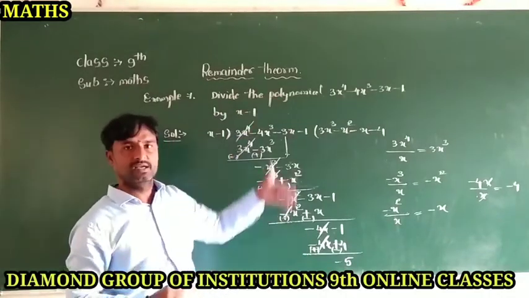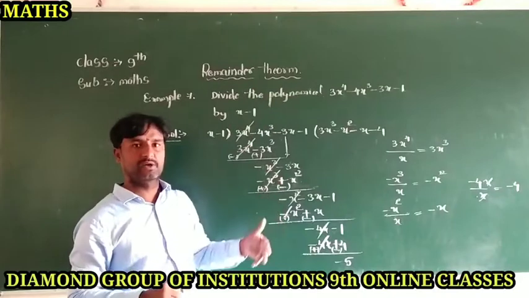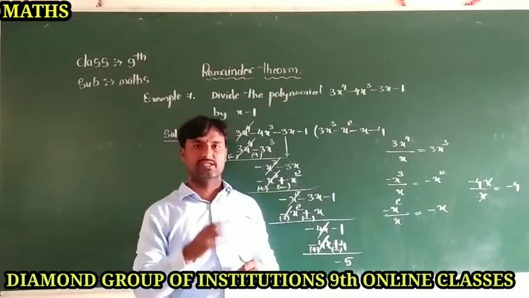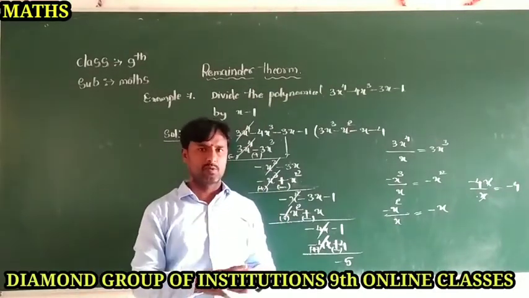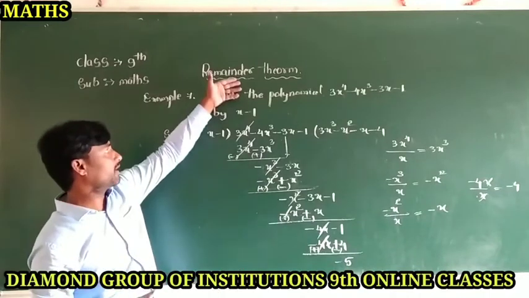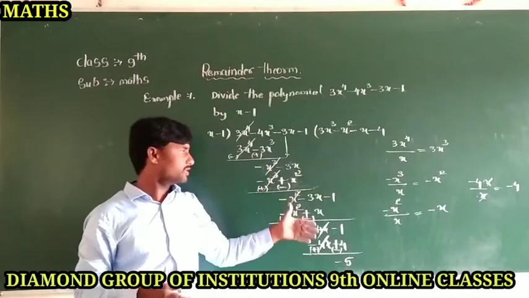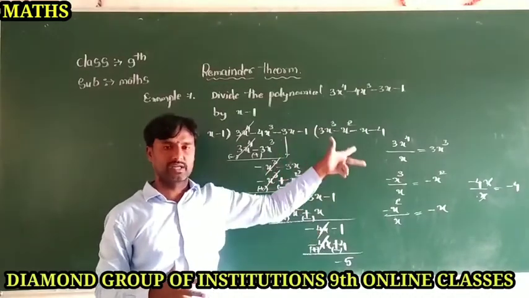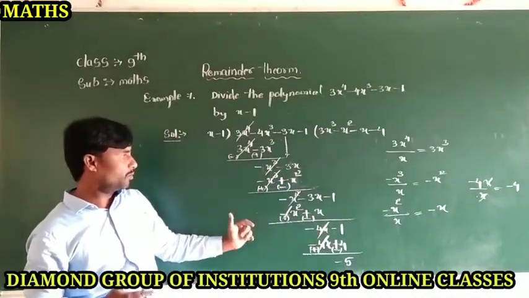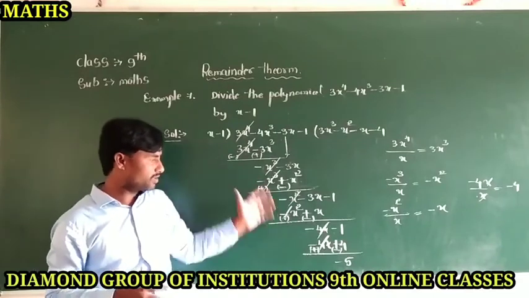So in today's class I explained to you the 2.2 exercise 4th bit also. I gave some homework also. And the next topic is what? Remainder theorem. In this remainder theorem I explained two questions. In the two questions, method 1 and method 2 I explained, and in the 7th question I explained one method, dear students. I thought you understood very well.